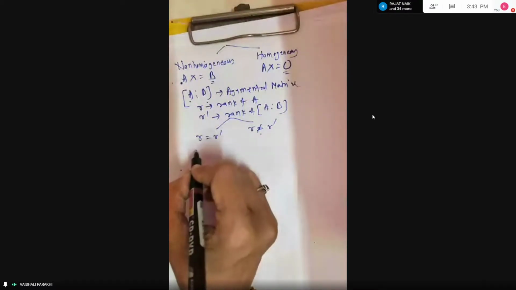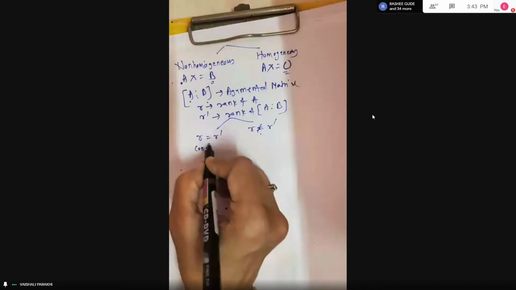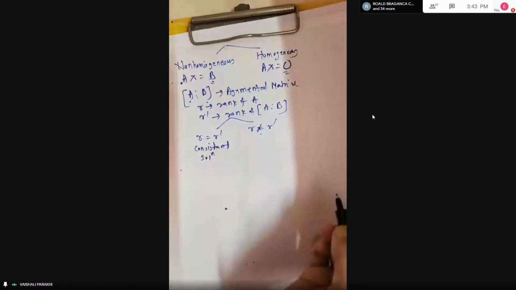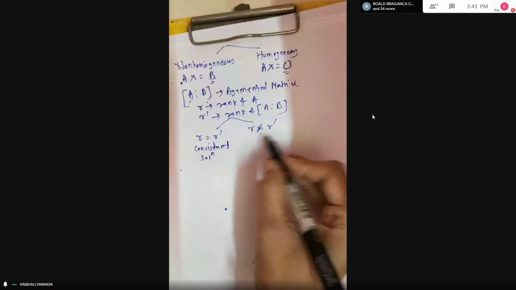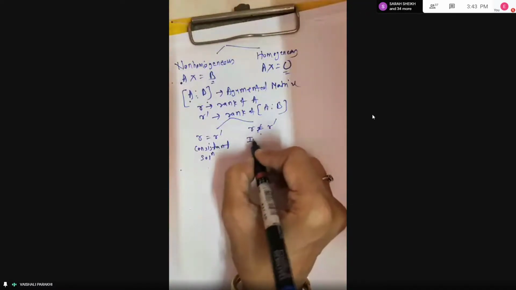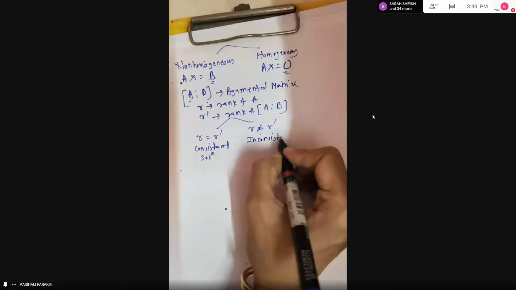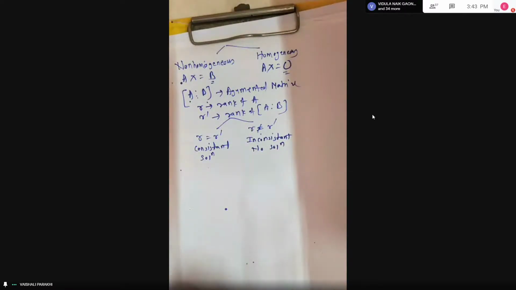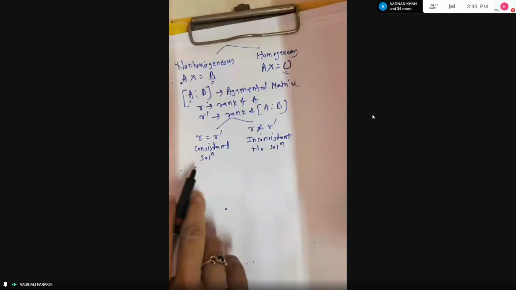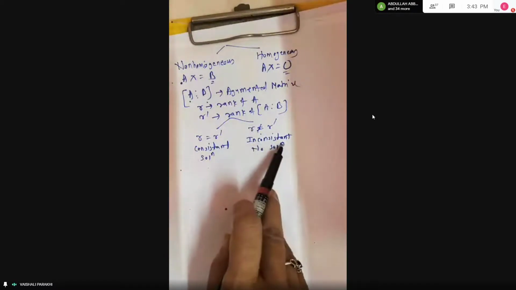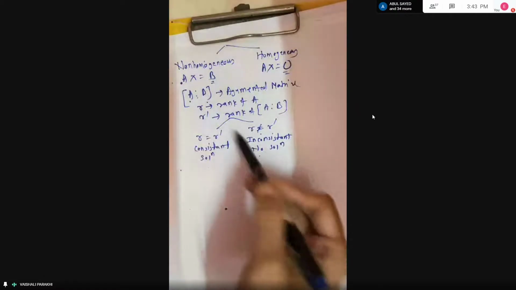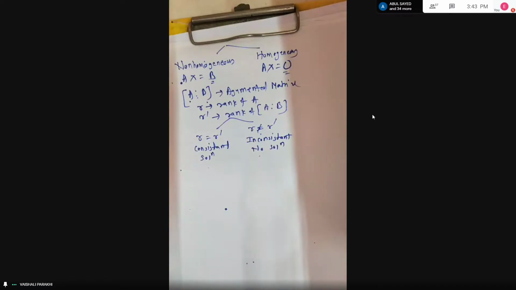If R is equal to R dash, the system is consistent. What is the meaning of a consistent system? It has a solution, means a solution exists. Whereas if R is not equal to R dash, the system is called inconsistent, meaning it has no solution, so you cannot proceed further. Usually in exams, when the problem comes for around 7 to 8 marks, the system will be of the consistent type. Because if the system is inconsistent, it has no solution, you cannot proceed further, right? So the system is consistent means R is equal to R dash.